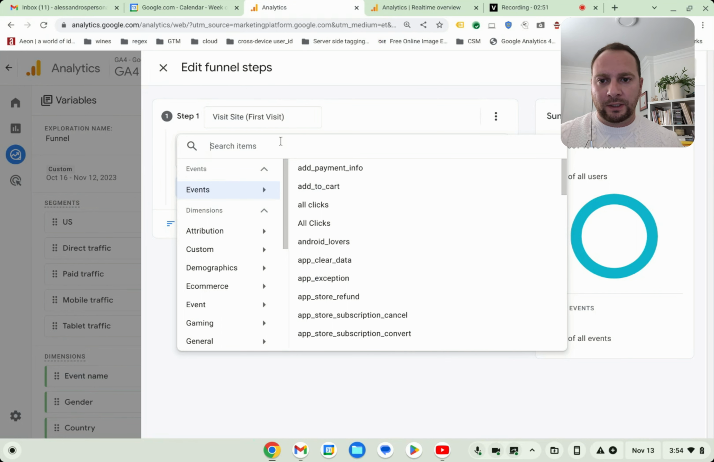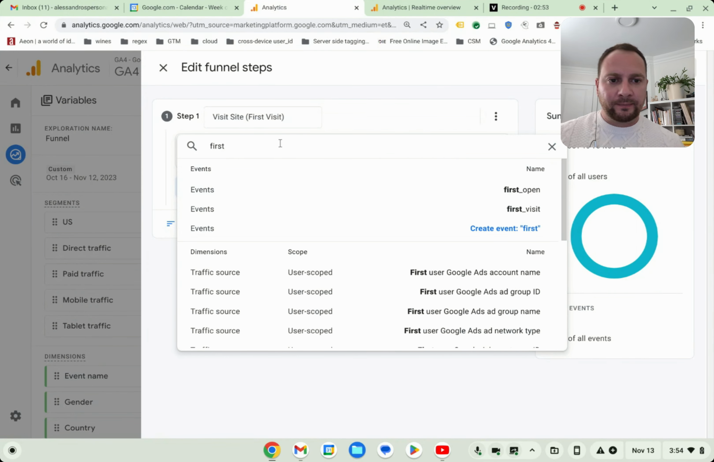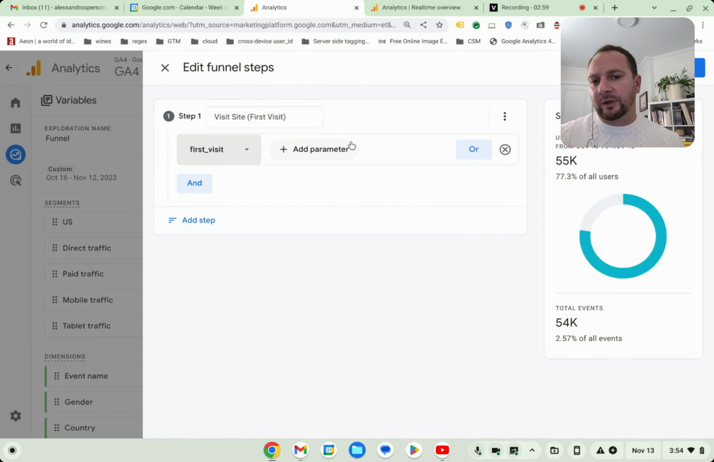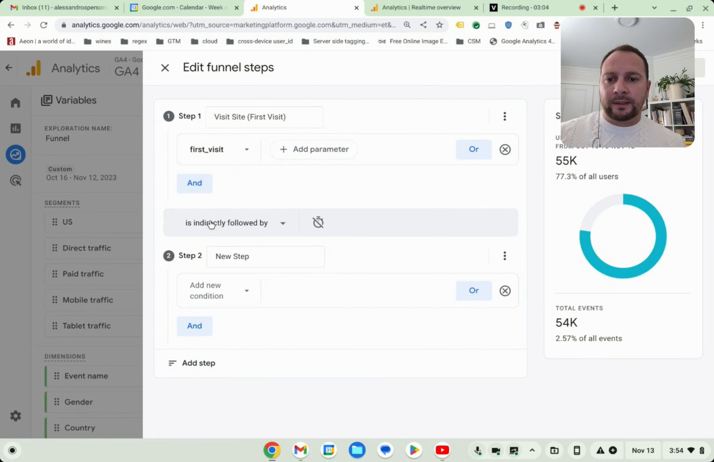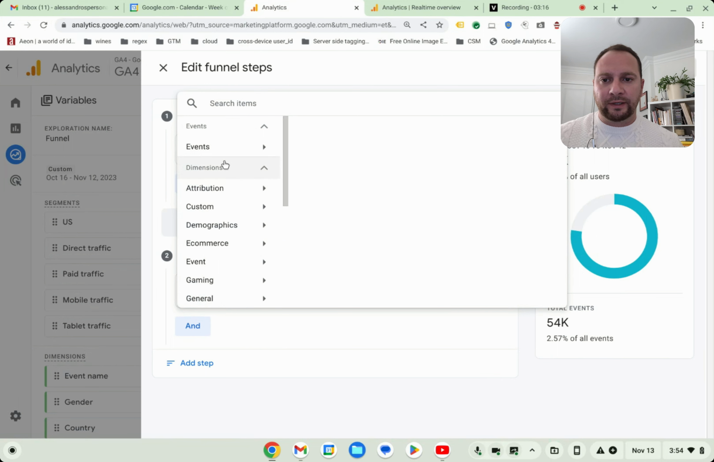But again, for this demo, we're going to start with people who visited the site for the first time. So we're going to type in first visit. And you can see here, we have an event with the name of first visit. That's perfect because we don't have to set any other parameters as a value for first visit. So step 2 is going to be browse items. We also have an event for this that is being passed when somebody looks at an item